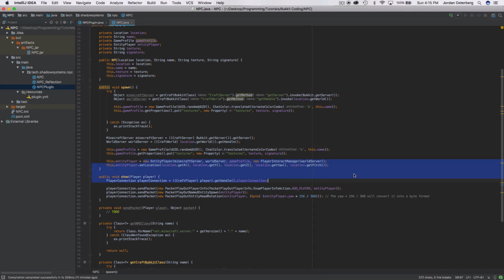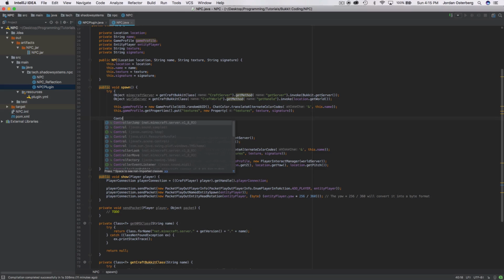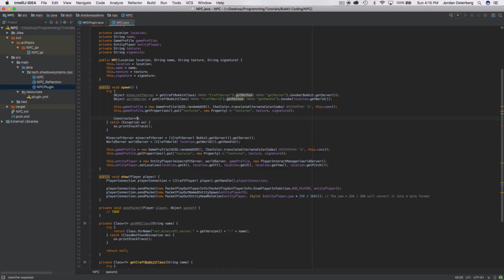This is calling this constructor and making a new entity player off that constructor. So we need to go ahead and say constructor, diamond brackets, question mark. So we're basically saying this is an unknown type constructor or an inferred type. Can't remember exactly which one of the two it is. So we're going to say constructor, diamond brackets, question mark, entity player constructor,